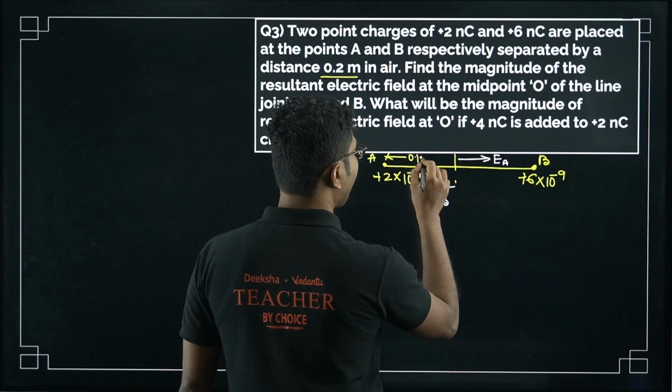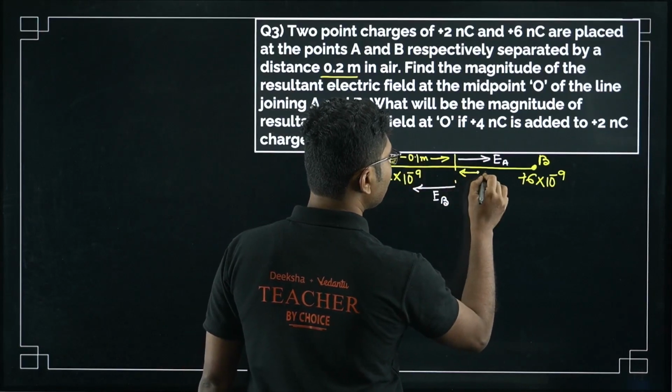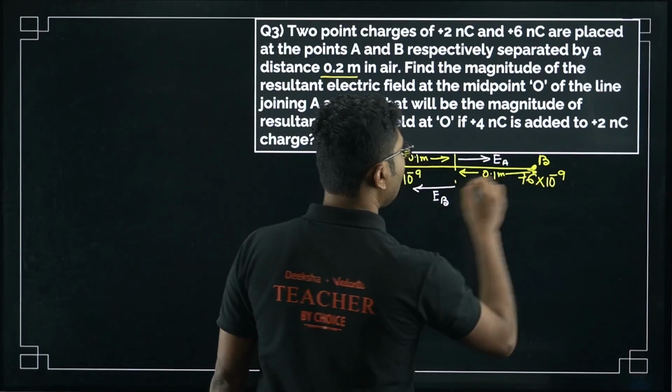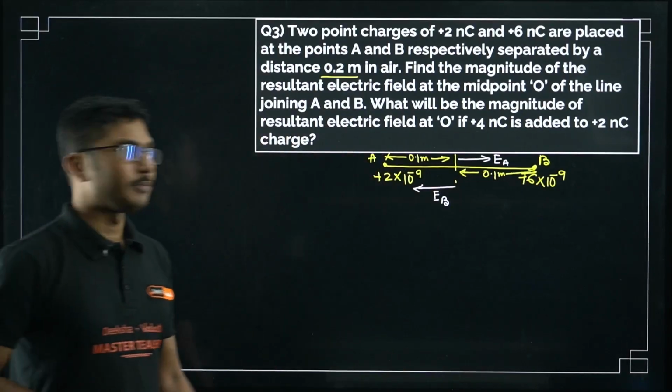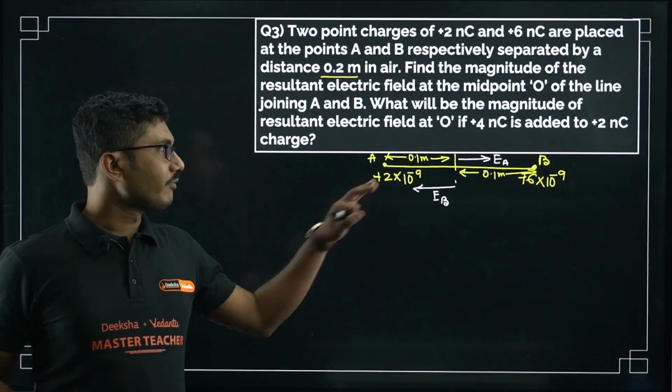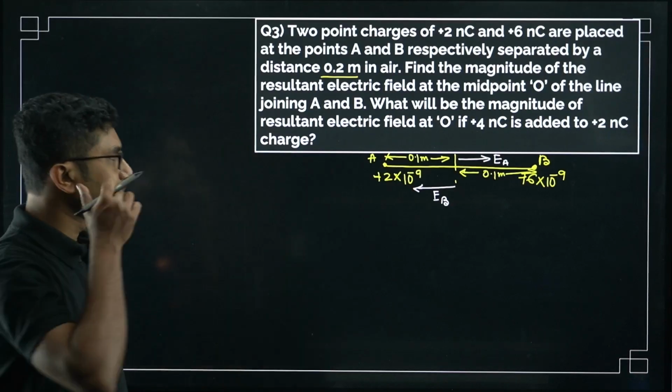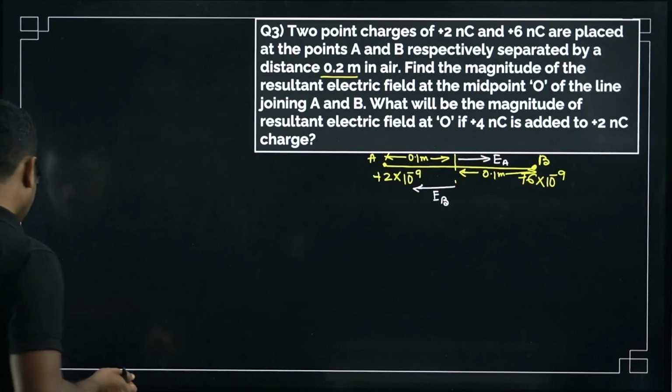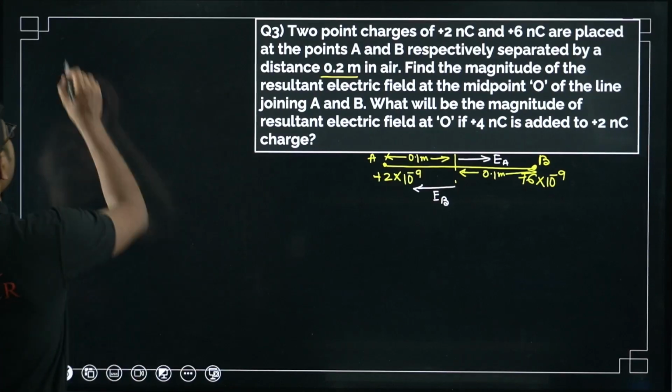0.1 meter. This will also be 0.1 meter. Okay, midpoint means 0.1 meter, 0.1 meter. If you draw this diagram, you don't have to write all the given data too much. This is sufficient for explaining to the teacher. Now again, first we will calculate EA. What is EA? EA is nothing but